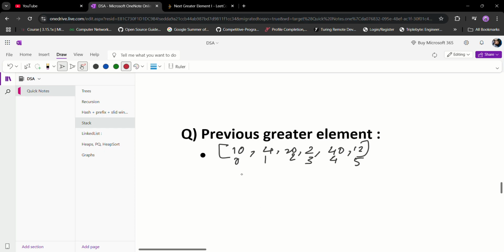for the element at 0th index, that is 10. The previous greatest element is nothing, so we will say that for this the previous greatest element is infinity. For the next element 4, the previous greatest element is 10. For 20, the previous greatest element 4 cannot be the previous greatest, so we have 10 also, but 10 is also smaller than 20, so it will again be infinity. Because in the previous of 20 we cannot find any element which is greater than 20, so it will be